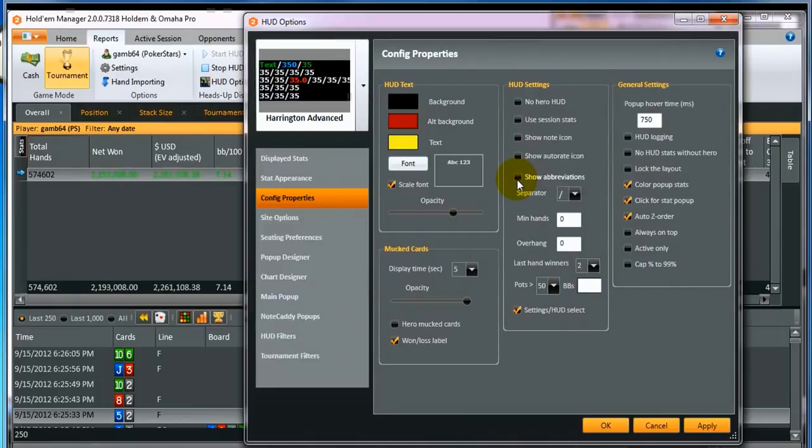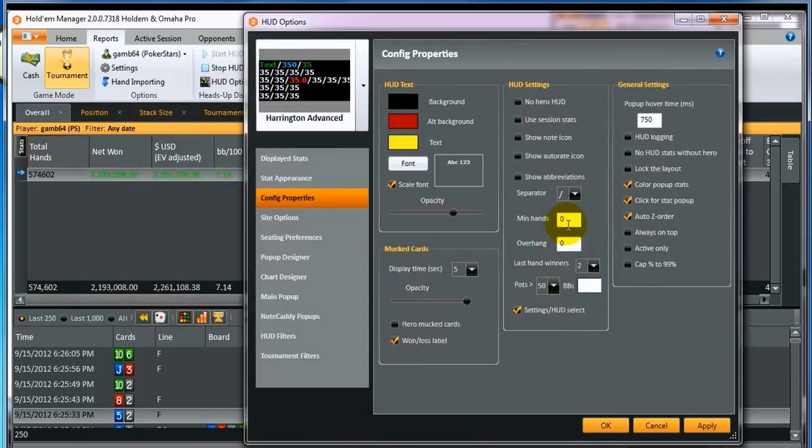Instead, you might choose to learn the positions of each individual stat through practice and sacrifice the luxury of having the abbreviations displayed. If you choose not to show your abbreviations, you will need an alternative way of separating the list of numbers. The separator drop-down box here contains some options. The asterisk is quite nice, as you can see there, but my favourite remains the /, so I'm going to